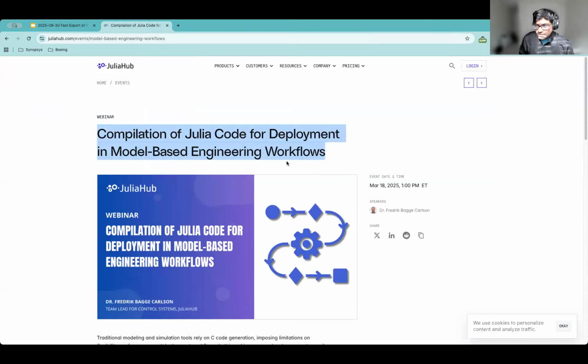Now, it turns out that you can use the same technology that you use to export binaries to export FMUs, and that's exactly what we've done here within the Dyad product. And why do we want to do that, right? You must have seen previous versions of this webinar. If you haven't, the context is